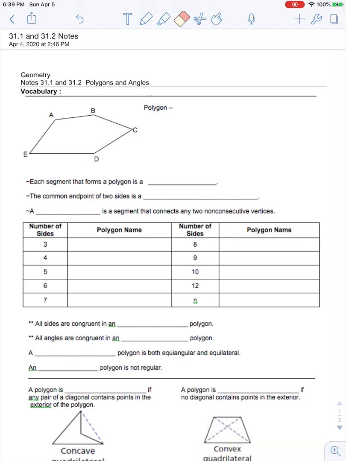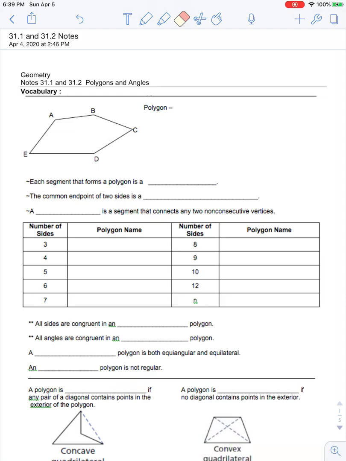Hello, welcome to the beginning of our next unit. Today we're going to be looking at lessons 3-1 and 3-2. We're going to be looking in these lessons at polygons and the angles that are involved in those polygons a